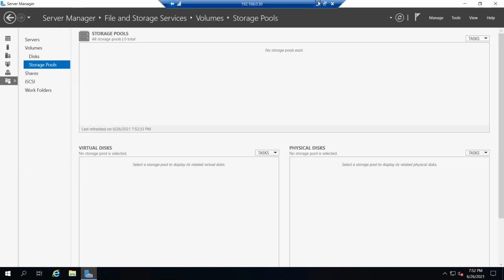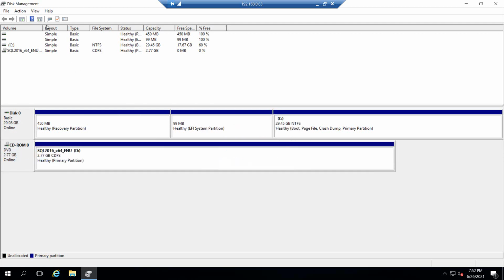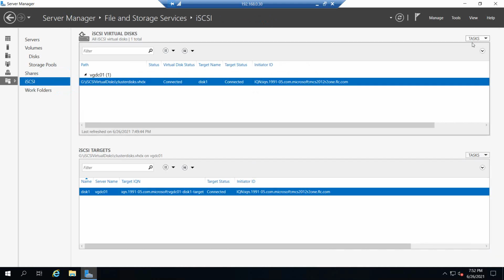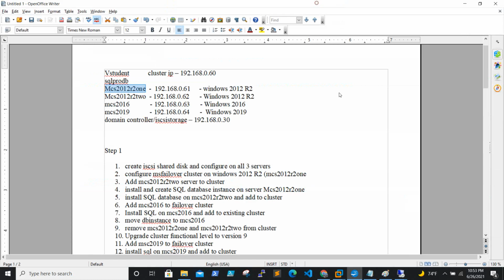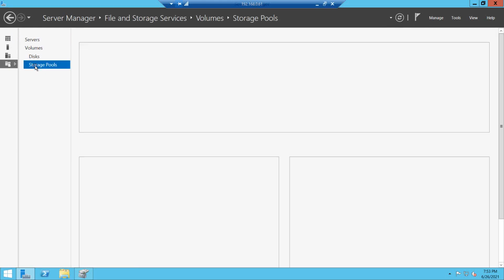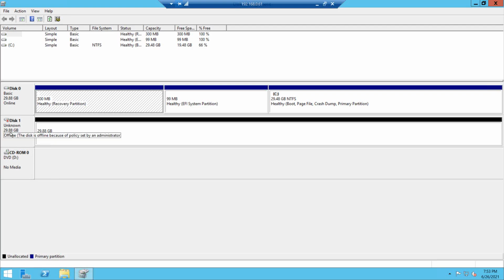We are able to see that the disk is already assigned here. Just make it online, then initialize.